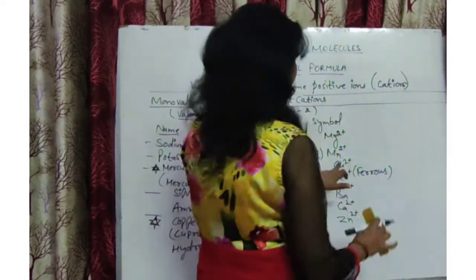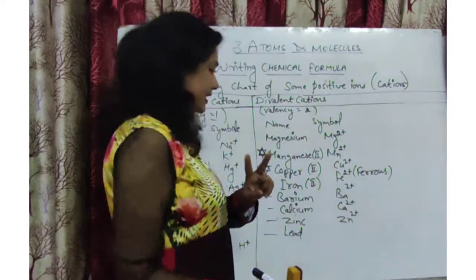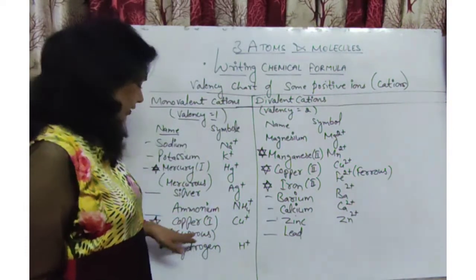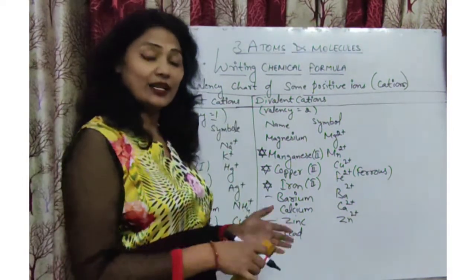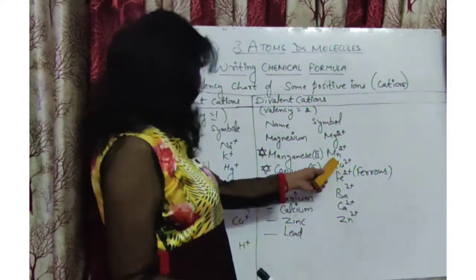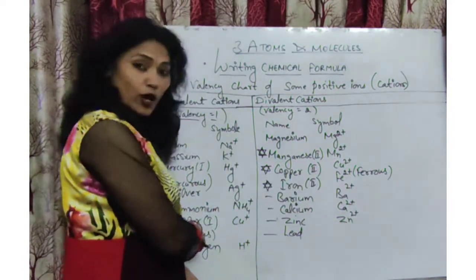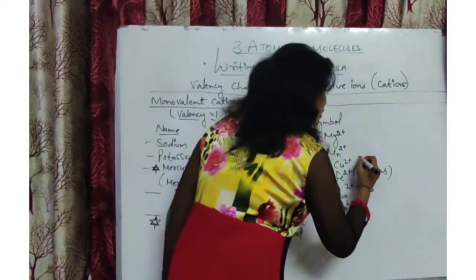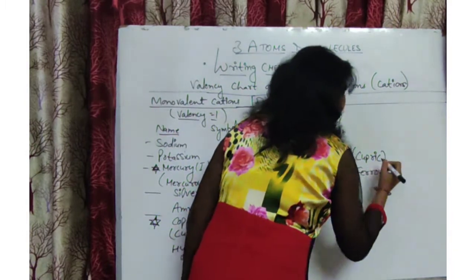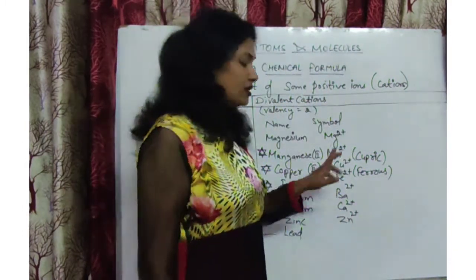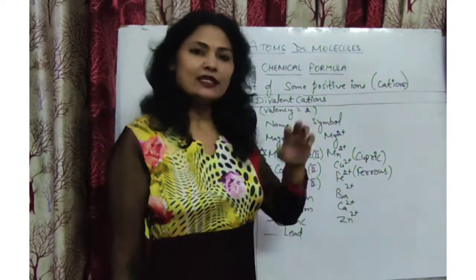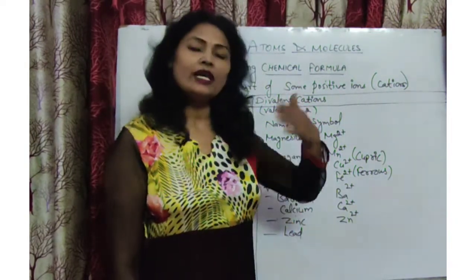Okay, here Cu2 positive, 2 valencies are there, and here copper has 1 valency. So if the valency is less then it is said to be cuprous, and the valency is more, it's 2. Okay, here 1, here is 2, so we will write cupric. So it is a cupric ion. Okay, here valency of iron is 2 and next valency is 3. So 2 valency's name is ferrous and 3 is ferric.